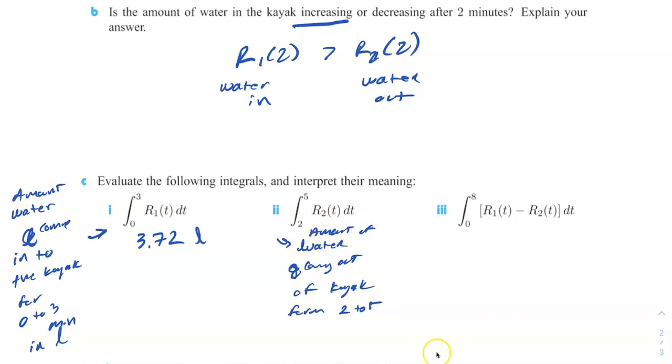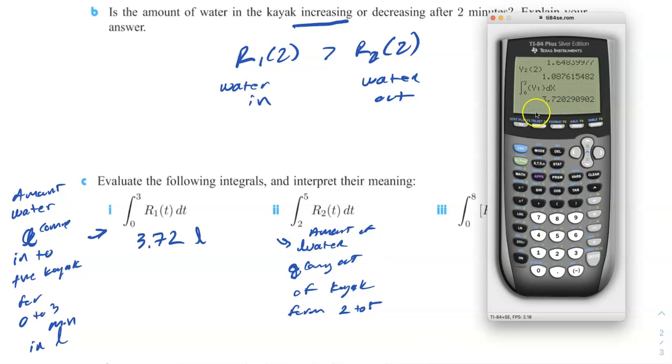So maybe it took us 2 minutes to realize that we sprung a leak. Anyway, so if I want to do that one, I'm going to hit math 9. Right, we're going to go 2 to 5. And now we're going to use the second equation, F2, at X. 5.26